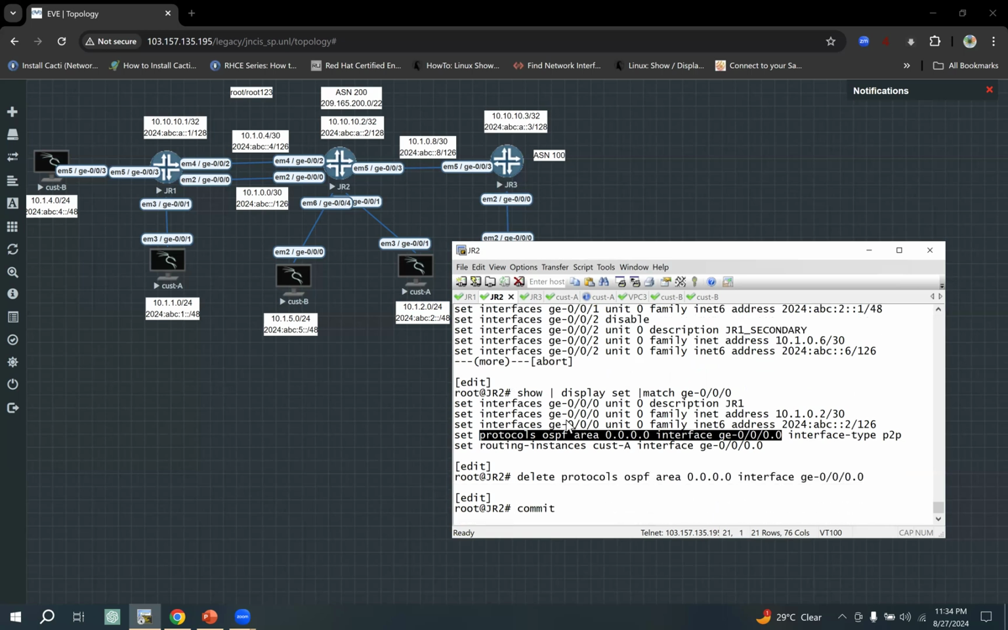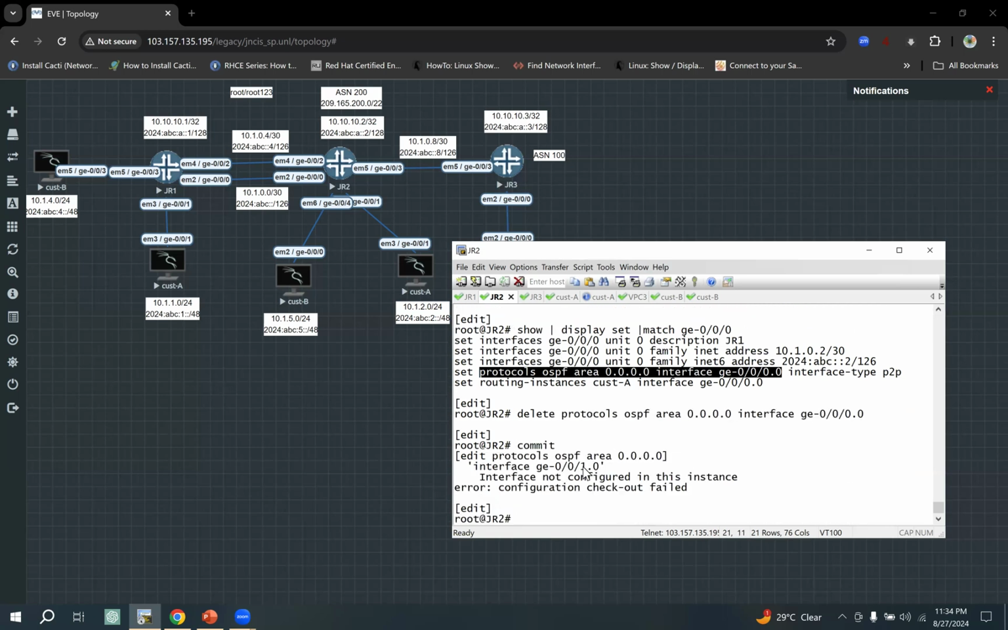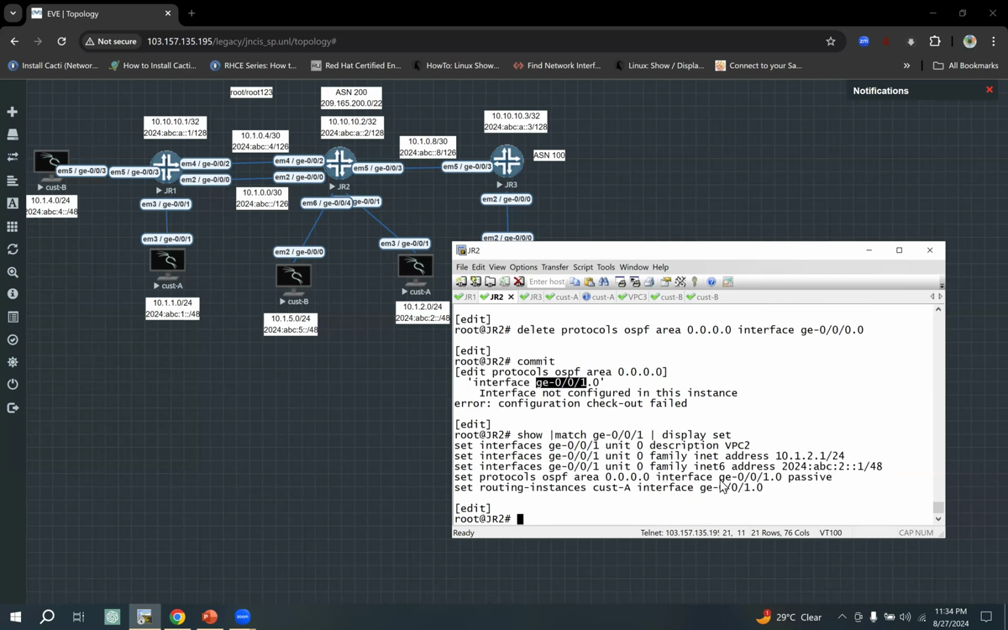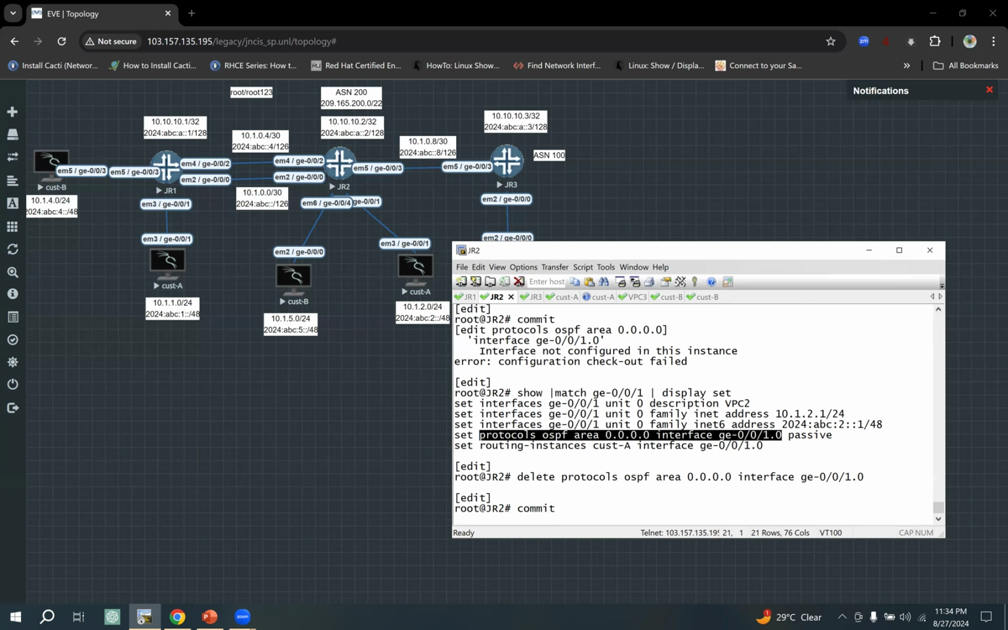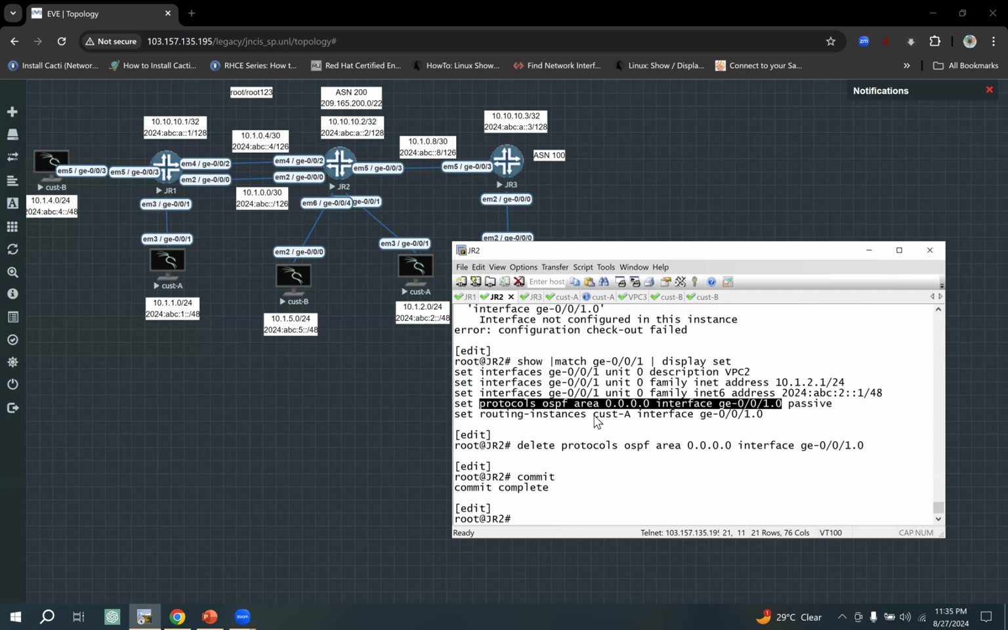Delete this one, commit. 0/0/1 is also in OSPF routing protocol. So remove this 0/0/1. Remove this 0/0/1 also. Commit. So